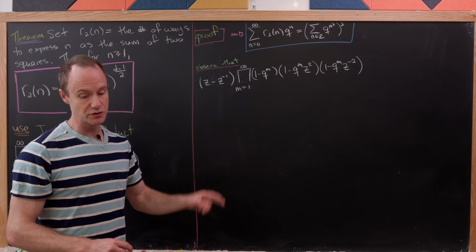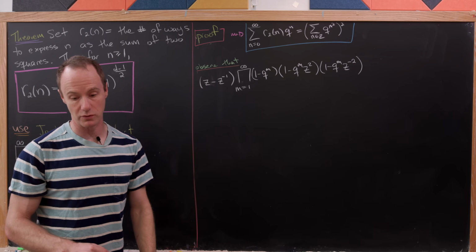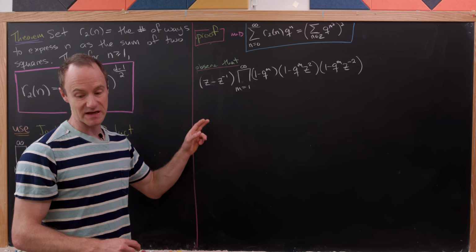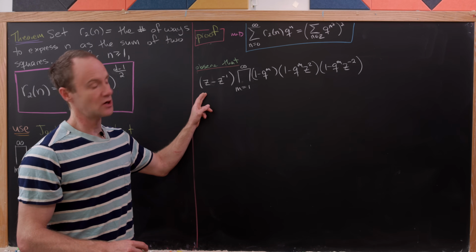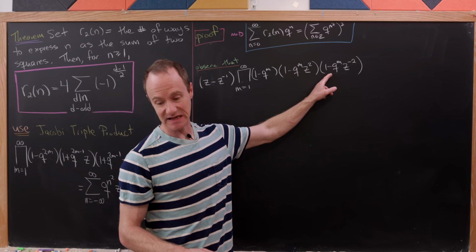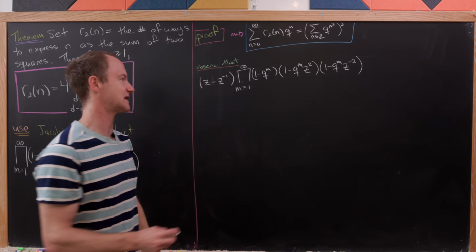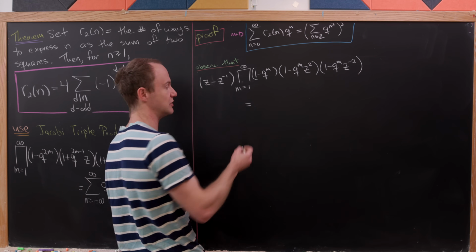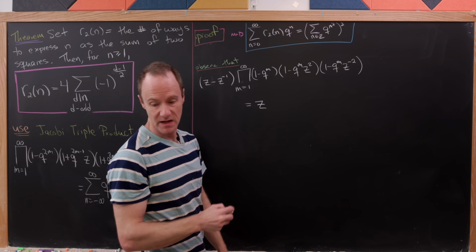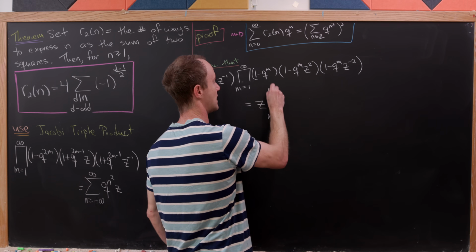Now, I'd like to observe that I can multiply this object through and maybe stack all of the terms with this z to the minus 2 thing, and then do a little bit of re-indexing and end up with the following. So this is going to be equal to z times the product as m goes from 1 up to